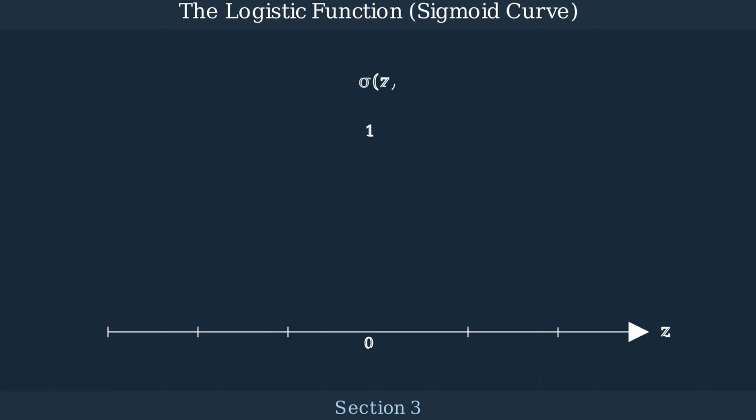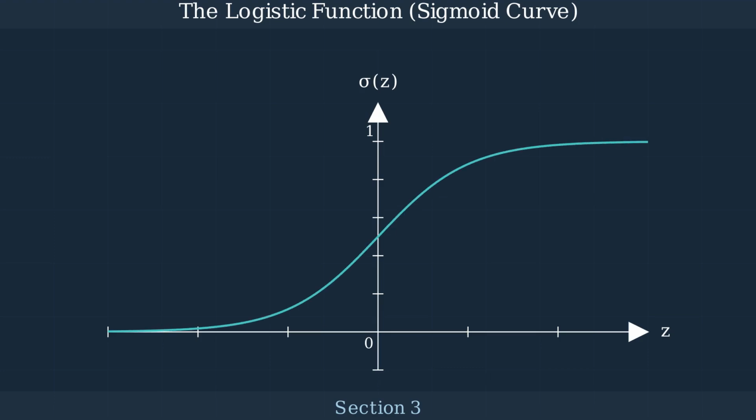The logistic function, also known as the sigmoid function, is the mathematical foundation of logistic regression. It's characterized by its distinctive S-shaped curve, which maps any input value to a probability between 0 and 1. The equation for the sigmoid function is sigma of z equals 1 divided by 1 plus e to the negative